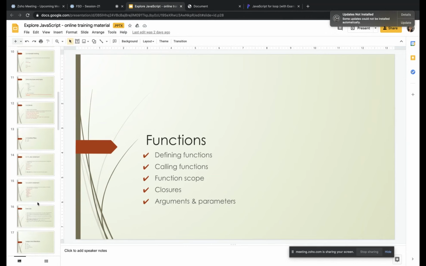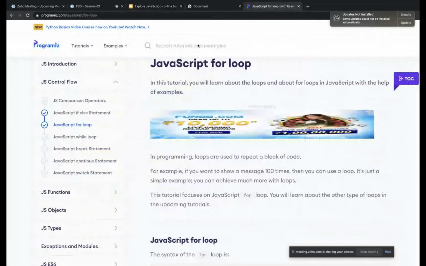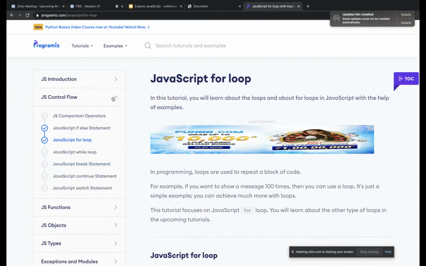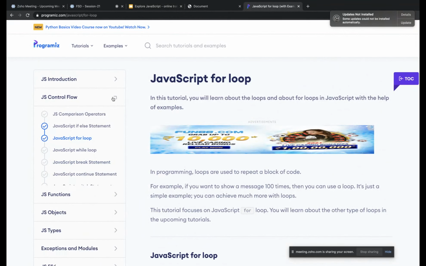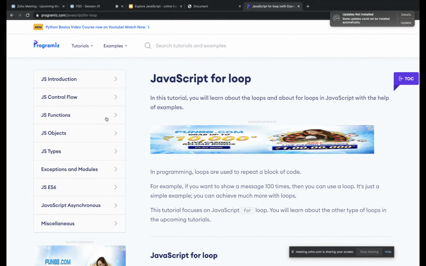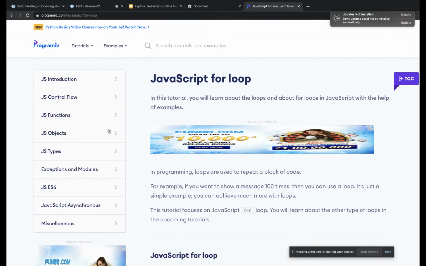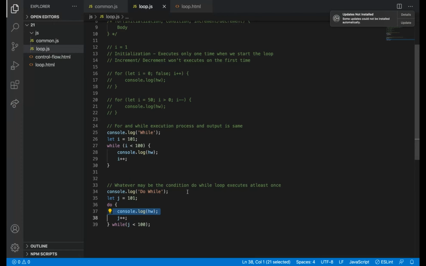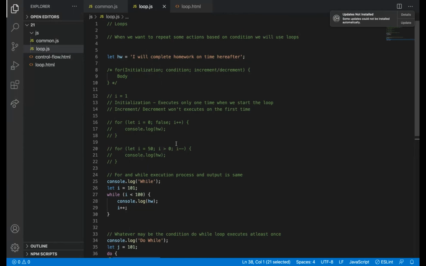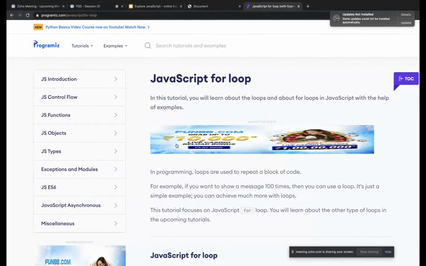If we complete this, I feel most of the basic things we have covered. After functions we can go for arrays and objects and other important concepts. What we are learning is fully basics. Arrays and those steps are a little bit advanced.